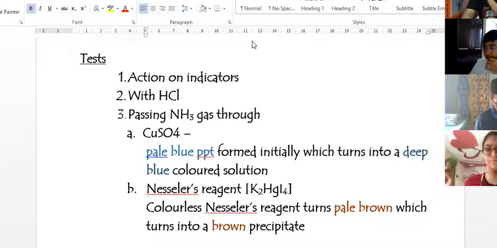And among these, when you're writing the test, you will be giving preference to the second and the third points, that is, reaction with HCl, or passing the gas through copper sulfate, or passing the gas through Nessler's reagent. The indicators are not given preference. Indicators can be given as an observation question. They ask you what do you see when ammonia or ammonium hydroxide is, like, you dip red litmus, blue litmus, or you pass ammonia gas into phenolphthalein solution. They will ask you specific questions in case of indicators, right?